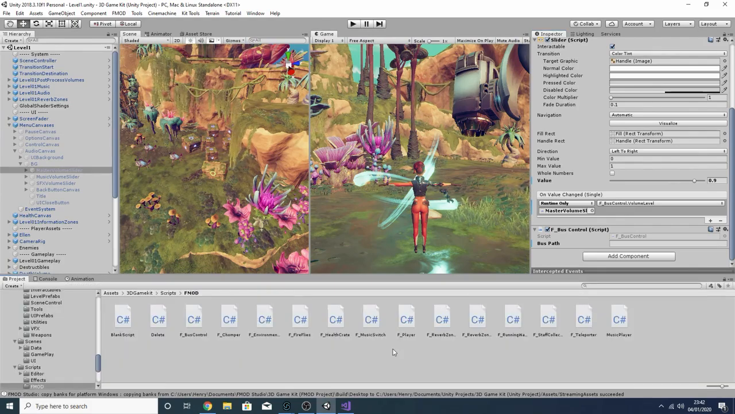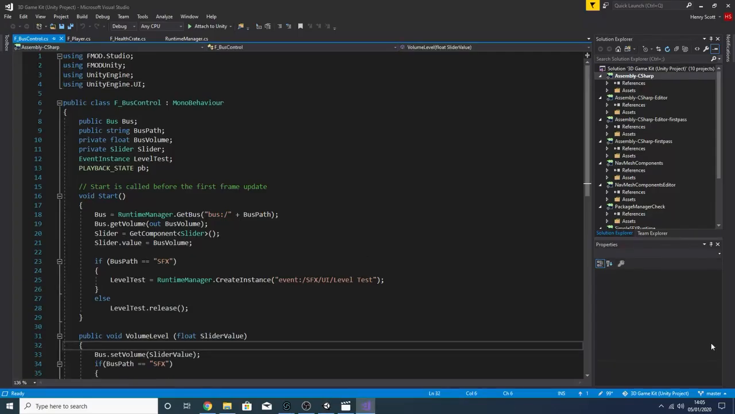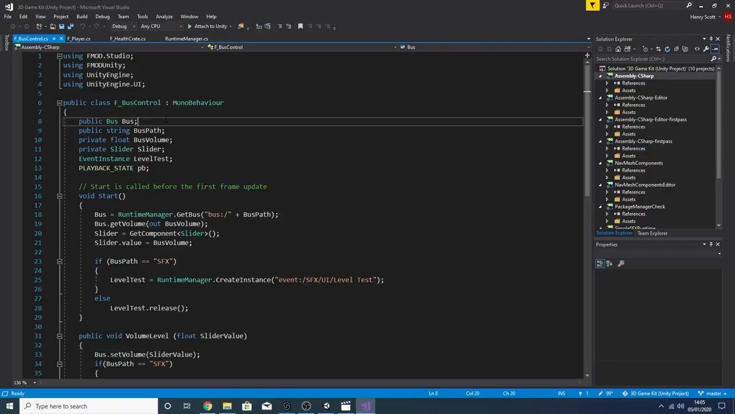So inside our project tab, let's find our script under Assets, 3D Game Kit, Scripts, and FMOD, and then select the F_bus control script. Now that we're inside the script, let's quickly remind ourselves how we set it up. Inside our class at the top of our page, we have a few different variables that have been declared. We created a bus variable to store a reference to the bus we wanted to control, a slider variable so